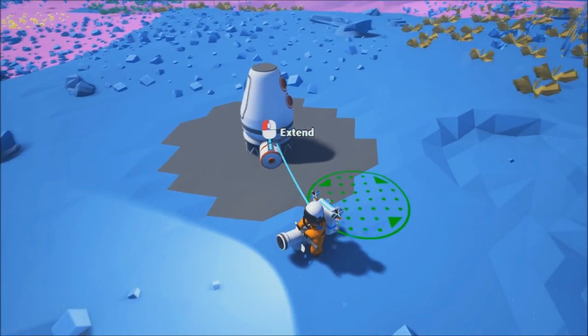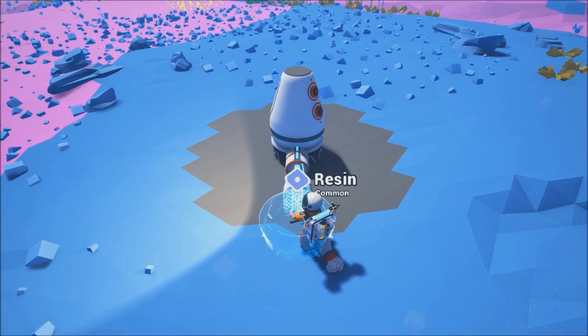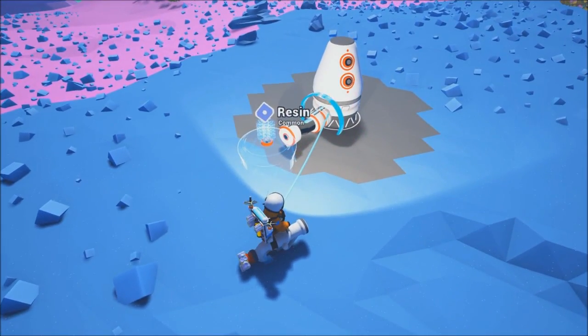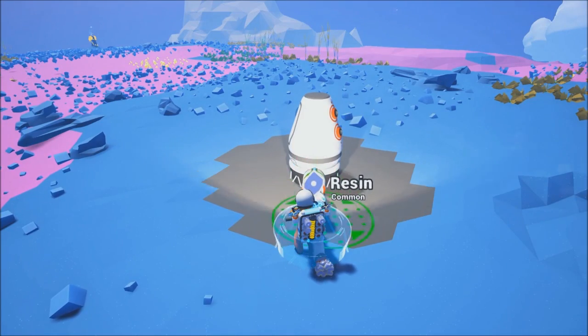So to expand my base, line myself up with it, see where it says extend, mouse over that, left click, and it'll bring out a little platform. If it's in a place I don't want, just mouse over the connection again and left click, it'll take it back in. But yeah, I think I want to build in this direction. So first of all,